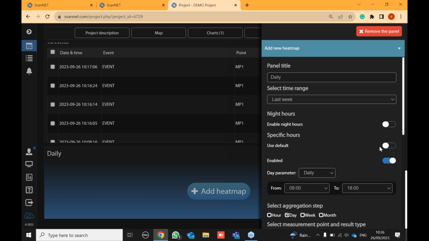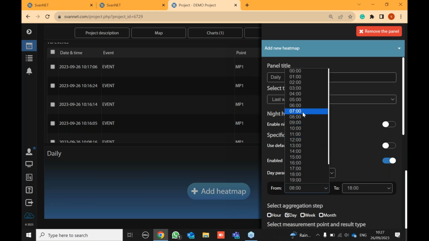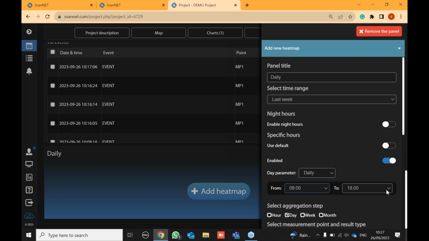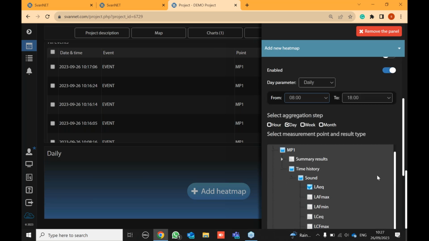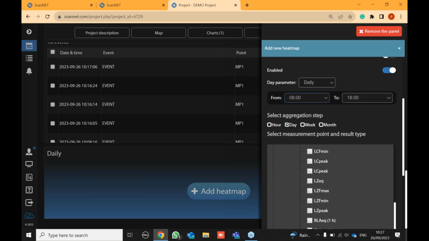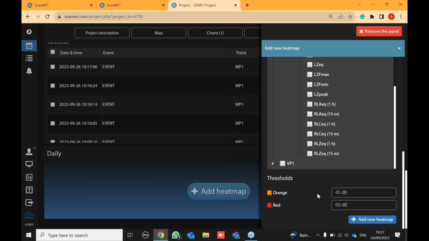So if I toggle or use default, I can set, and then enable, I can set my parameters daily, and I can set whatever my working time period. So for example, if you've got a site that normally do their work from 7 till 5 or 8 till 6, whatever might be the case, this time period is totally customizable according to your guideline or your site times. So I can set that from 8 o'clock until 6 o'clock. That's my 10-hour LEQ,